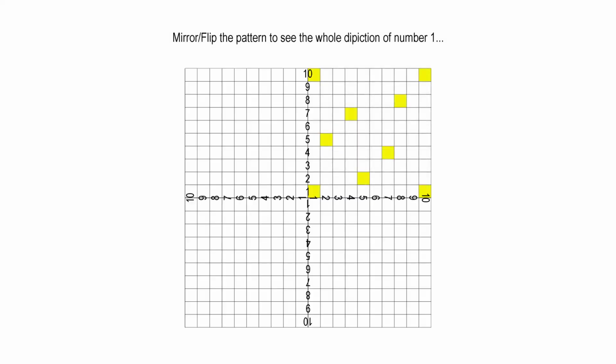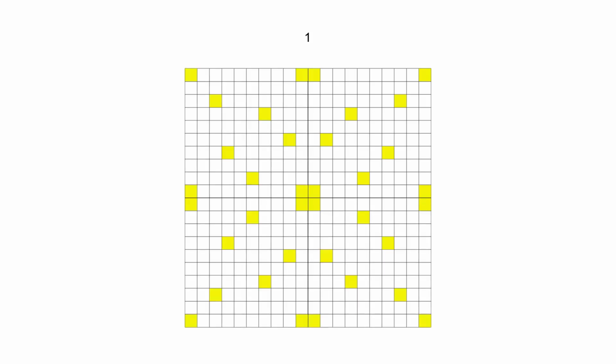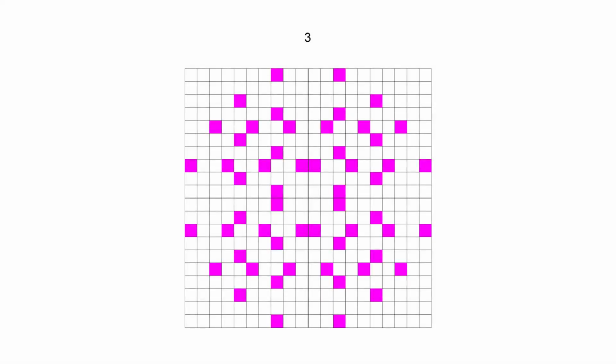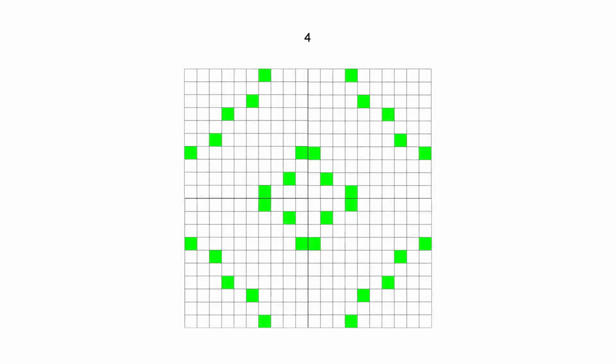To see a whole depiction of that number, mirror the pattern vertically, diagonally, and horizontally. This is the pattern of the multiplication results that reduce to number 1, number 2, number 3,